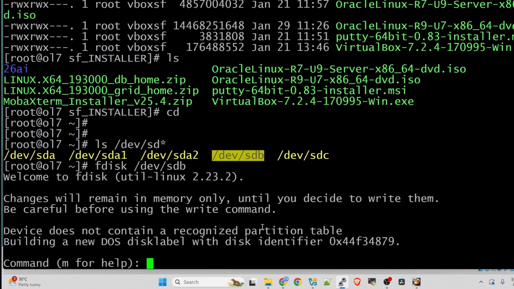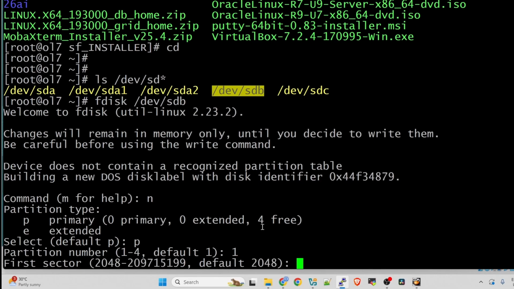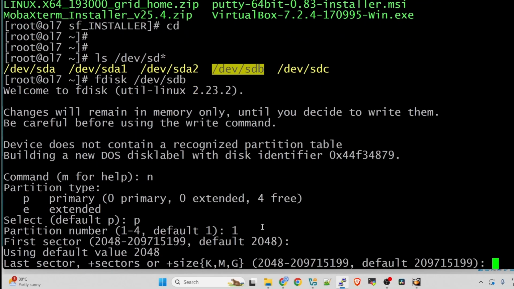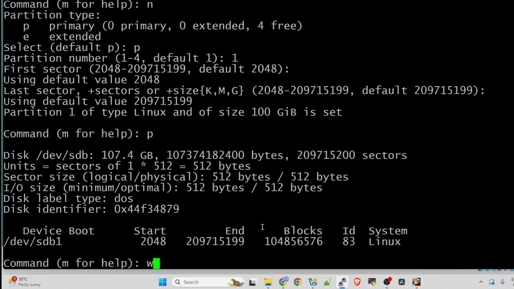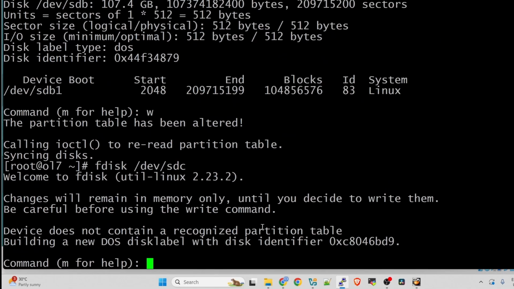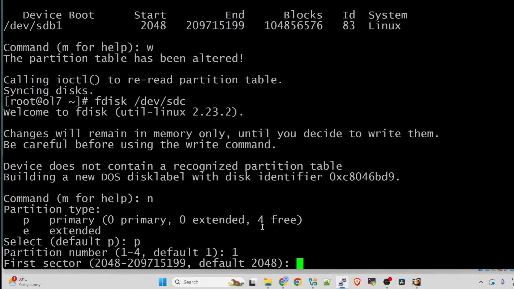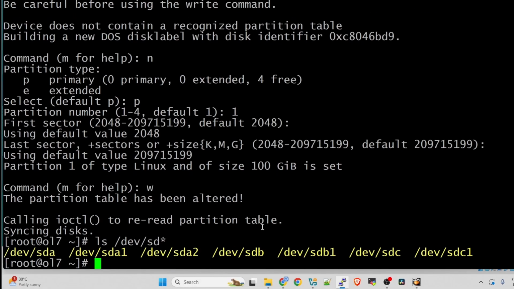For this one, new primary, and then just default for the partition number, one, then default, and then we can review the details and then write it. Then let's do the same thing for the sdc. So that's new primary, default, and then write. Now we can check the sd again. And as you can see, we now have the sdc1 and the sdb1.